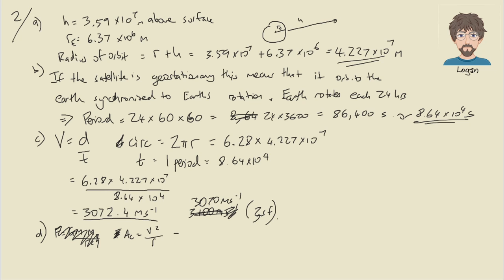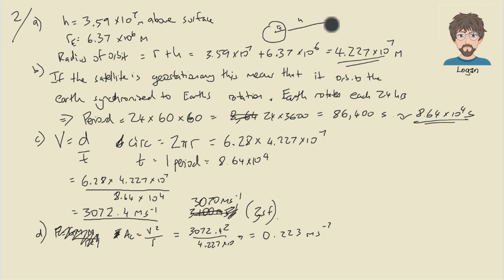So we take 3072.4 squared all over the radius, which we had up here, 4.227 times 10 to the 7. So let's do that. So square that. 4.227 exponent 7. This is a classic example, making sure you use the exponent button here, or brackets, don't just plug it in. And you should get, or I get, 0.223